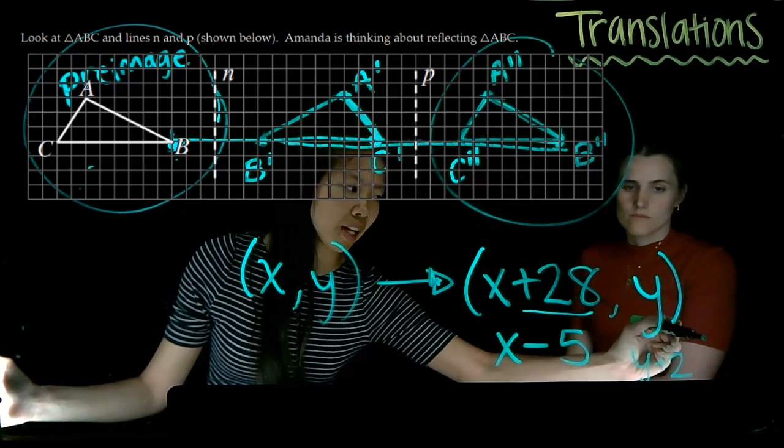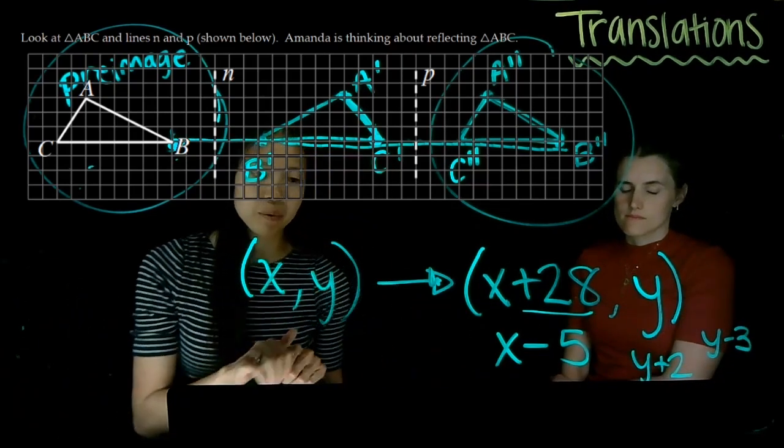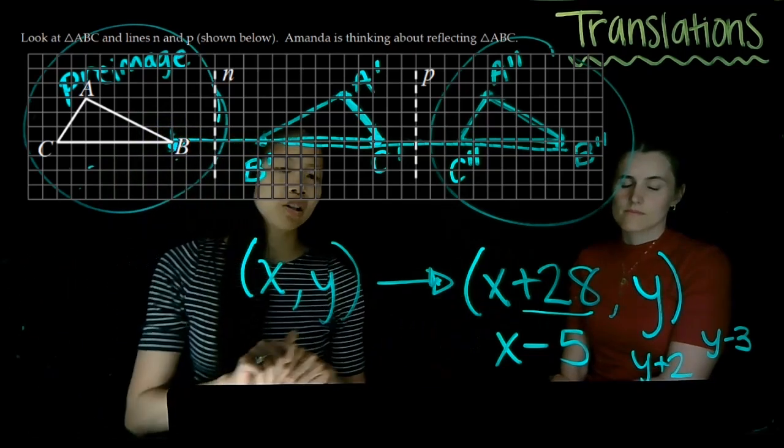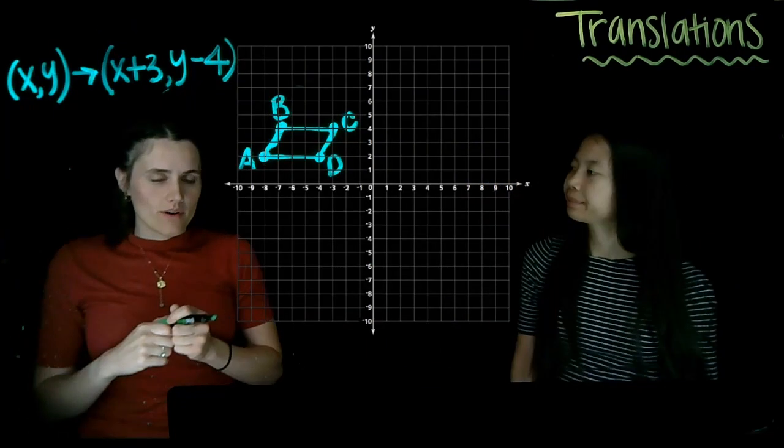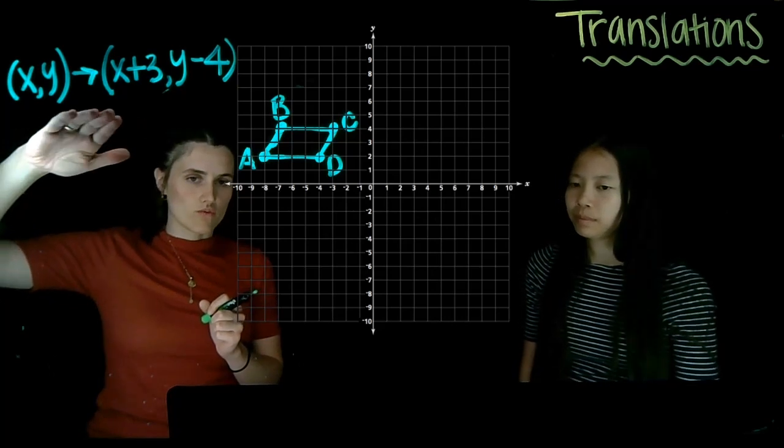Or if I want to shift down 3, I would do y minus 3. So you can kind of see the different combinations. But this is how we write the rule for translating shapes. All right, so now we are going to practice translating using this notation, this rule, which tells us how we're